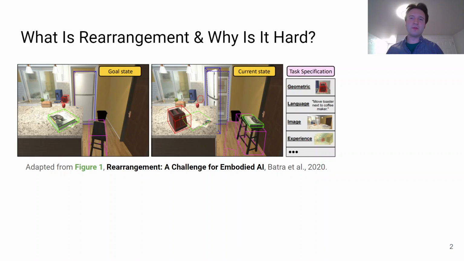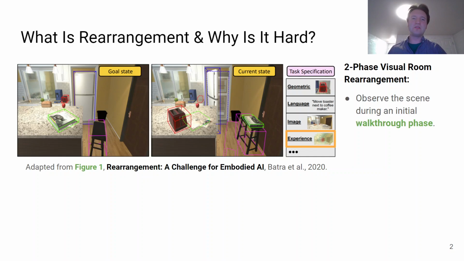Visual room rearrangement is an especially hard instantiation of the rearrangement problem because the goal state is not explicitly given to the agent. Rather, it must be inferred from the agent's experience during an episode by the agent remembering what the environment looked like. We will focus on the two-phase visual room rearrangement problem, where an agent observes an indoor